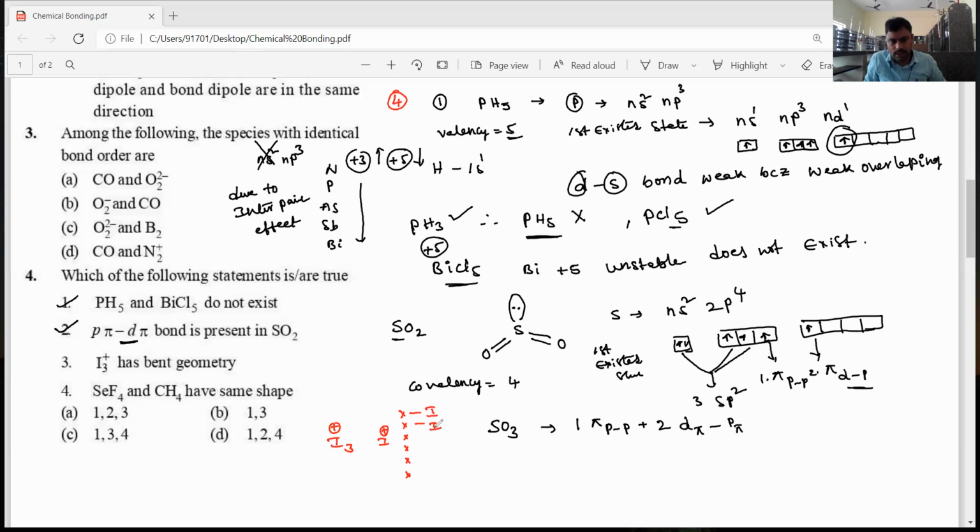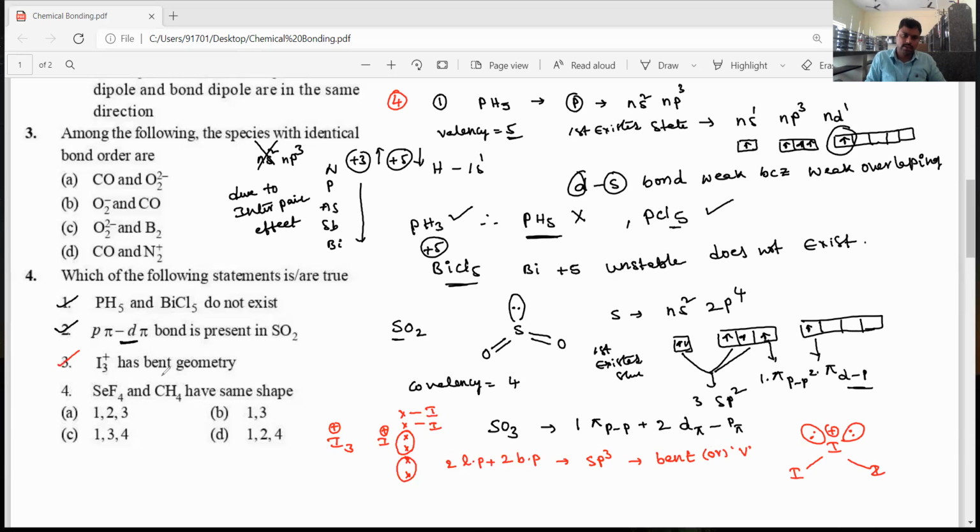They use 2 electrons. The remaining 2 lone pairs are present. So it has 2 lone pairs plus 2 sigma bond pairs. The total of 4 hybrid orbitals are present. That's why it is sp3 hybridization, with a bent or V shape molecule. So the structure will come like this. Okay, students, its hybridization is sp3, like the water molecule structure.